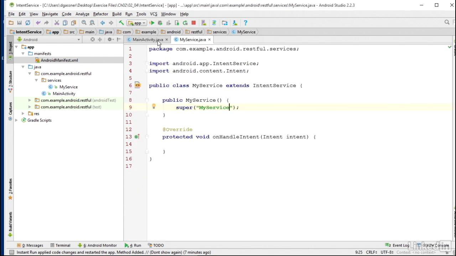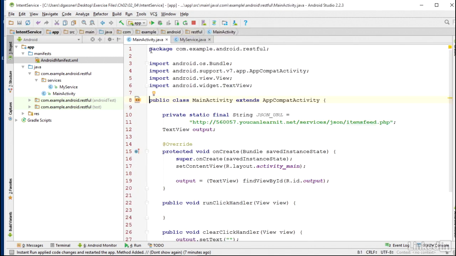Now I'll go back to the activity class. In the activity, you create an instance of the service and send it information in an intent. This is the same sort of intent you'd use to send data to a new activity. You can send a single data object, a URI, and you can also add as many data extras as you need to. For this example, I'll just send a URI that will be eventually used to make a web service